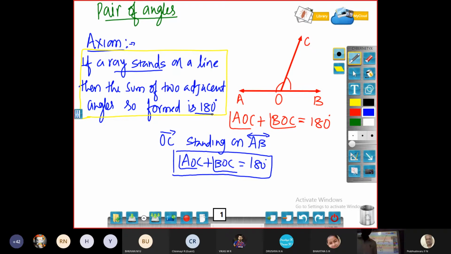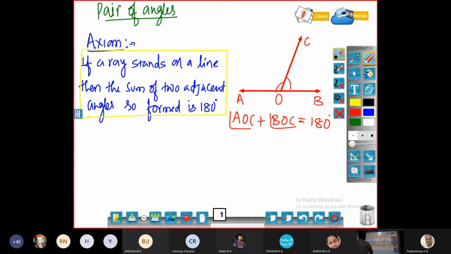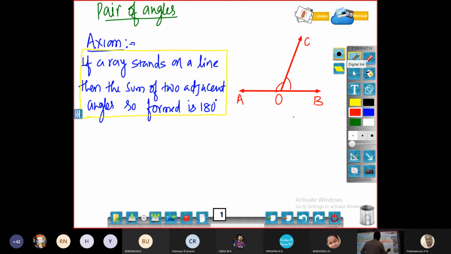If you interchange this, you will get another statement, called the converse of this statement. If you interchange the conclusion and the given in the statement, then the statement becomes another one that I am going to write here now. Look at this. Let us interchange the given and conclusion in this statement. So now what happens? Let us see.